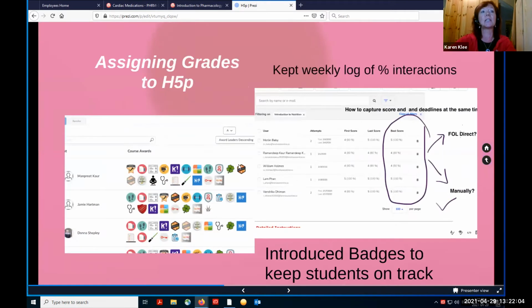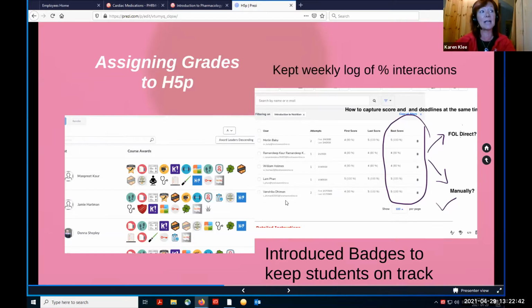But some of the challenges, and some of the other presenters have talked about it, is how do I record that grade? I liked what the first presenter, sorry, I can't remember your name. I apologize. Kathy, yeah. She had to go right to the grade book. And I struggle with, especially asynchronous delivery, that they're going to do it all just before the midterm. And so I wanted to keep a rhythm. So I decided not to push their interactions to the gradebook, but using this report, I manually put it into